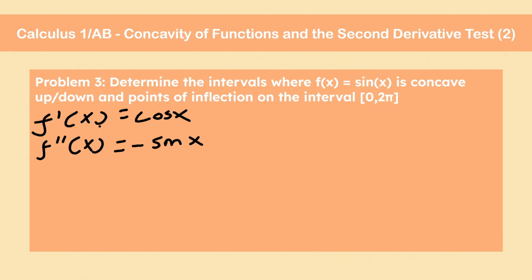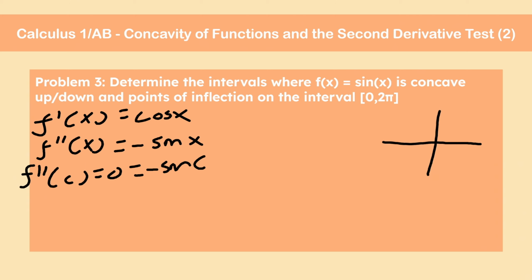So now we're going to solve for values where the second derivative is equal to 0. So sine of c is equal to 0. So what values of c from 0 to 2 pi make sine equal to 0? So of course, sine is equal to 0